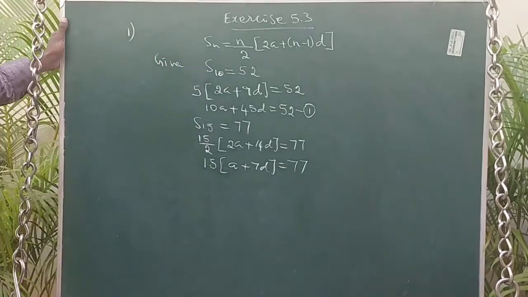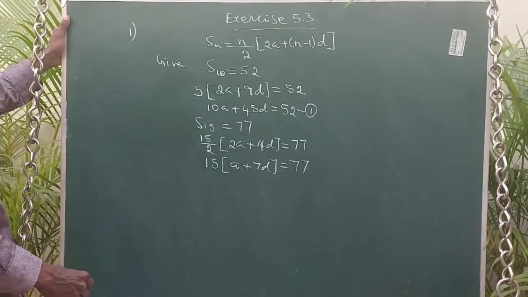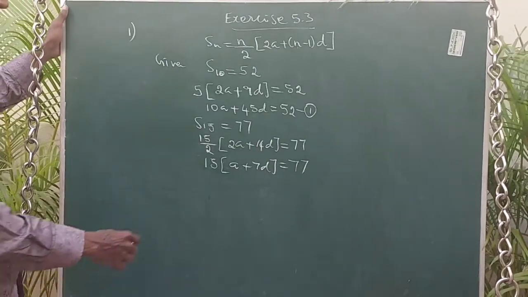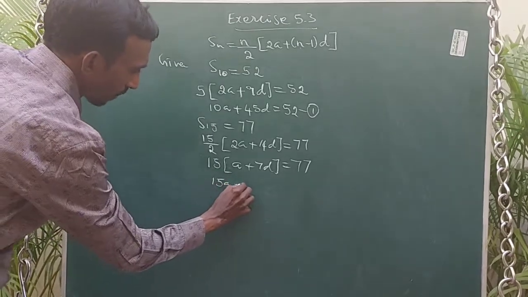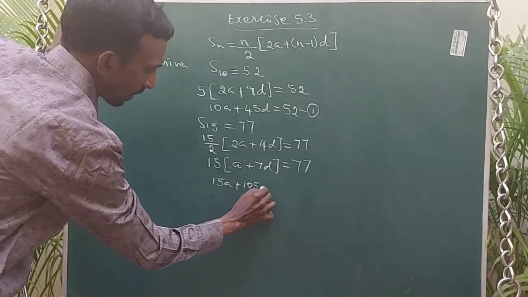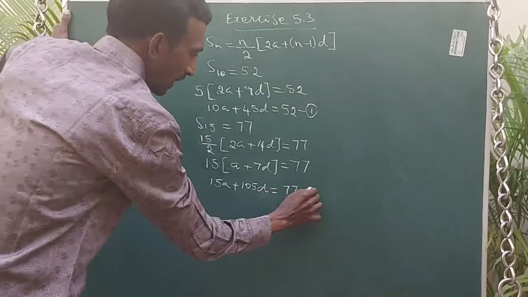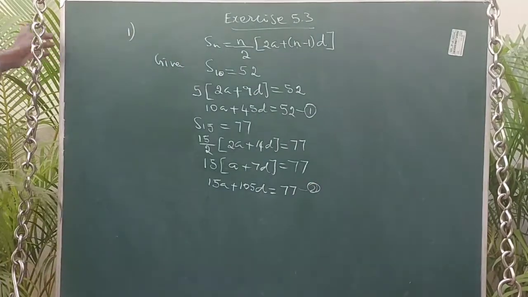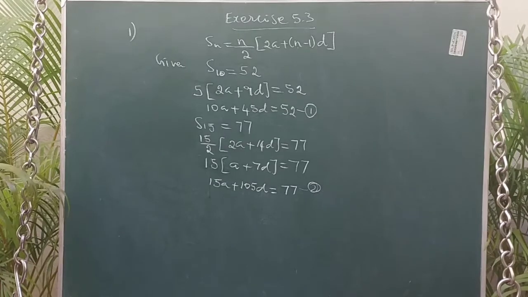It is an easy one. So 15a plus 7 into 15, 105d, equal to 77. Take it as equation 2. So now our aim is to solve these two equations